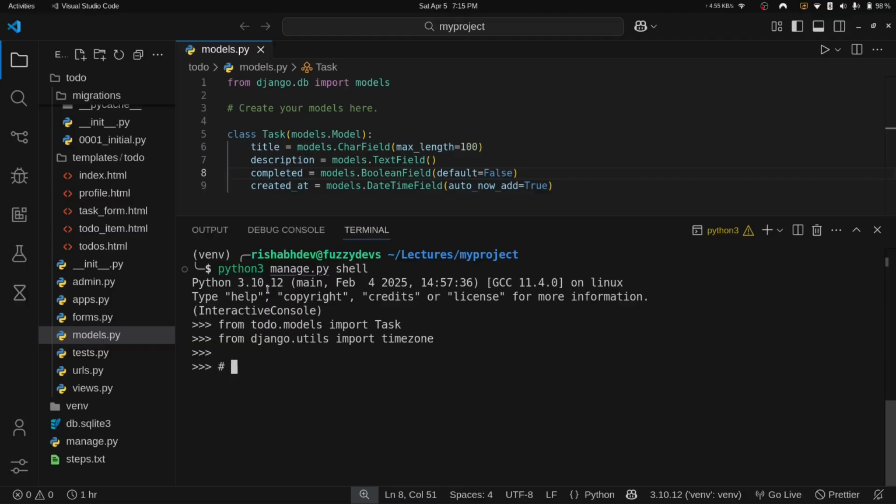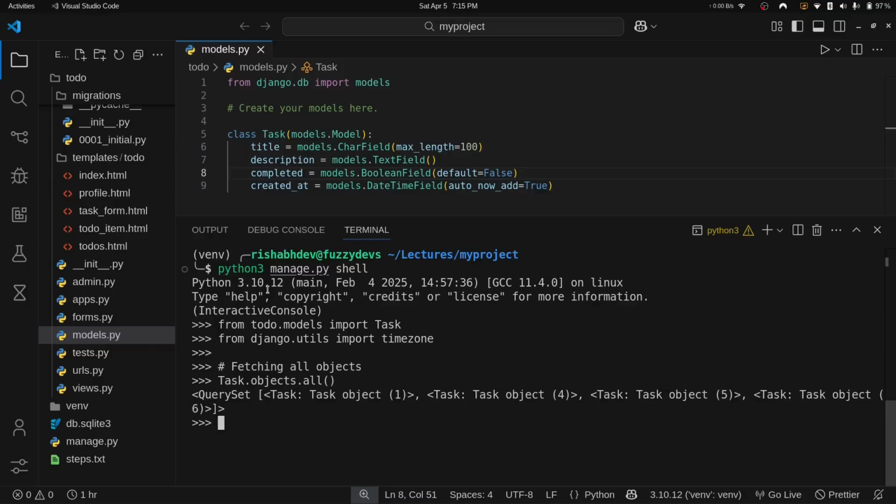First of all, we are going to see fetching all objects. To fetch all objects, you will write the name of your model dot objects dot all. The all method is going to fetch all the objects from the database. If I press enter, you can see a query set with a number of tasks in it. Next,